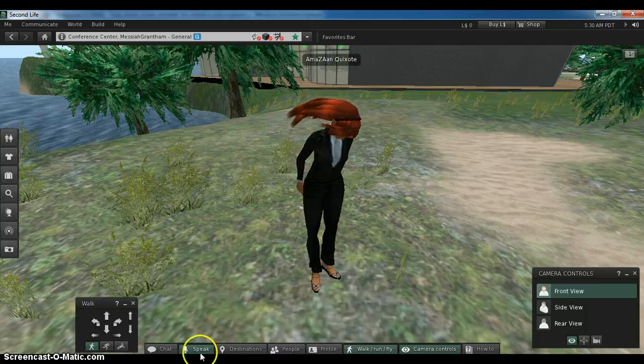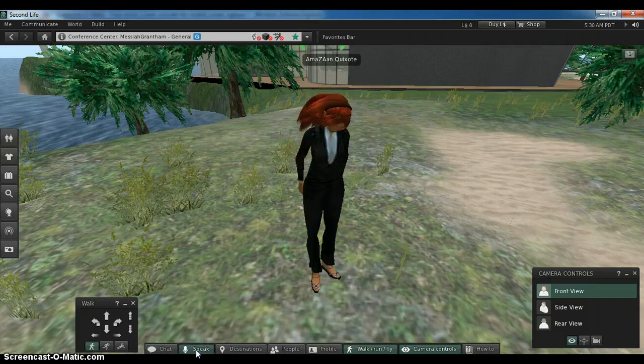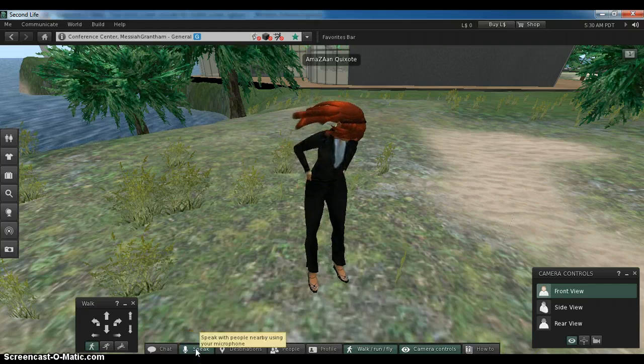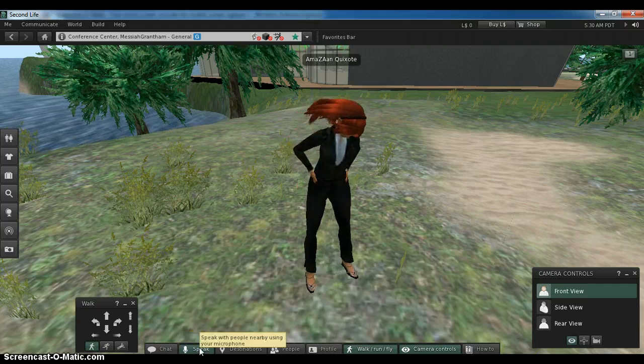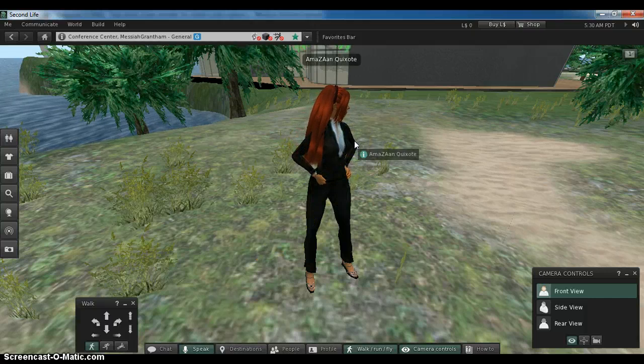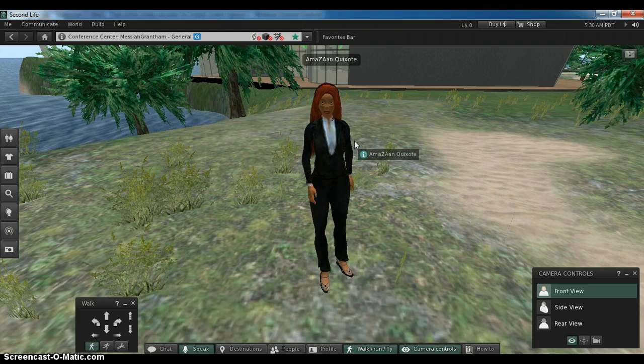If I click on my microphone at the bottom here, that will turn off my microphone. So if you don't have sound when you first come in, you might want to check to see if your microphone at the bottom is turned on. If it is turned on, the second thing we want to make sure that we check is that your headset has been plugged in prior to you turning on your laptop or your computer. Some computers require that your headset microphone is plugged in first, so you want to do that first